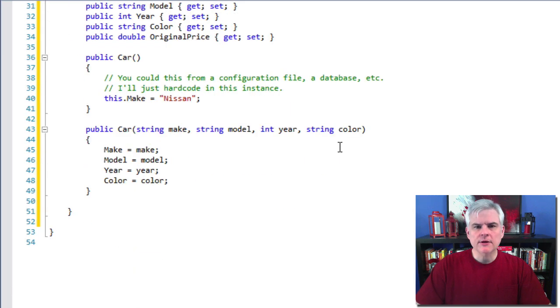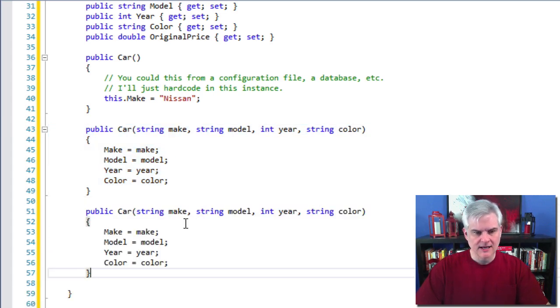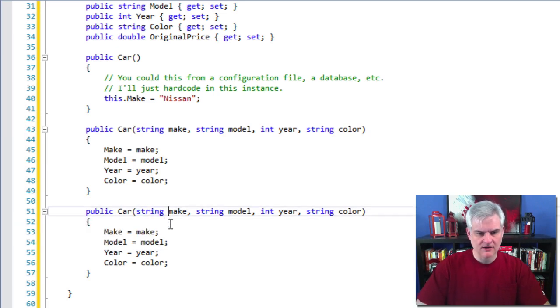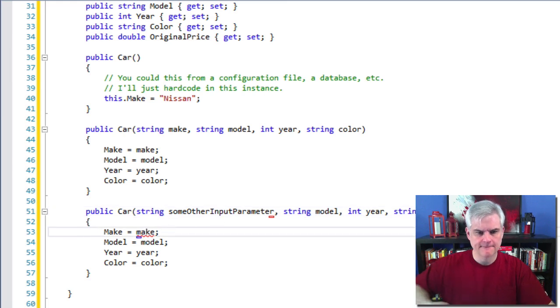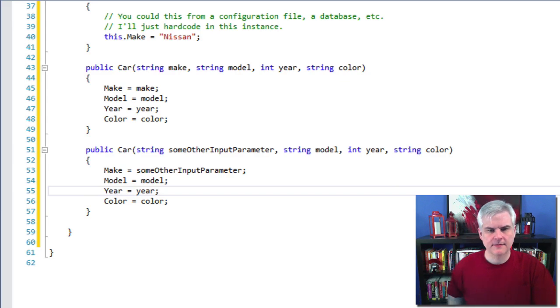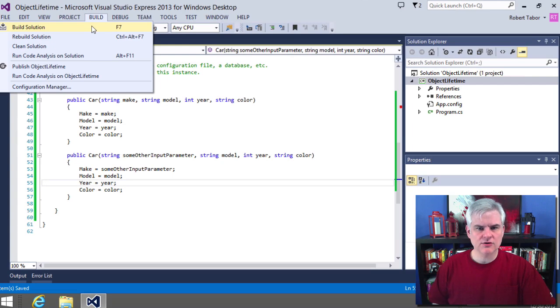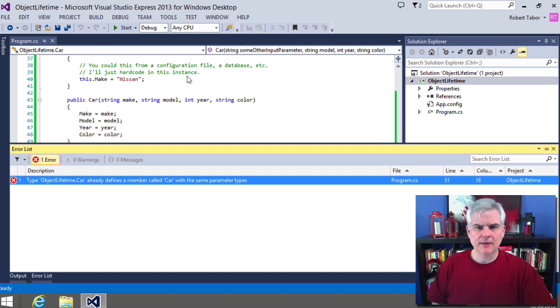All right, so what if we were to create an overloaded version of the method that conflicts with our existing overloaded constructors? So let me do this. I'm going to take this, I'm going to copy it, and I'm going to paste it here. And I'm going to call this some other input parameter, like so. Okay? All right,